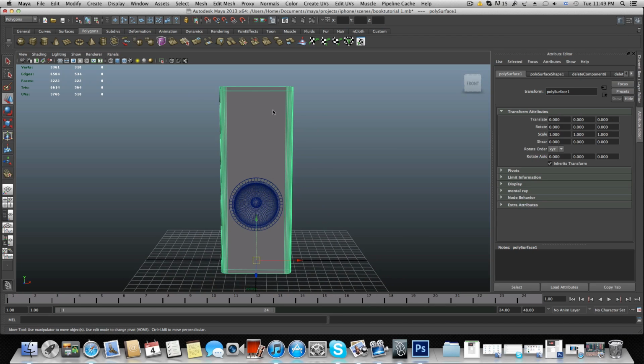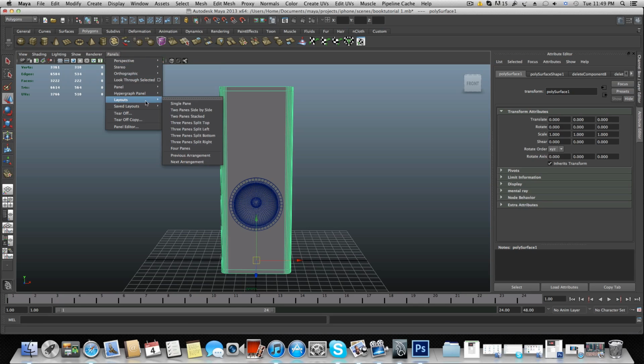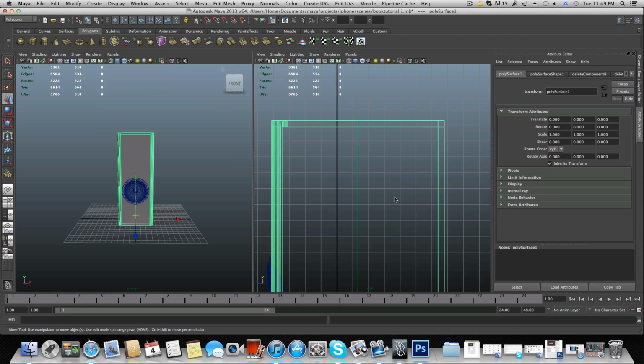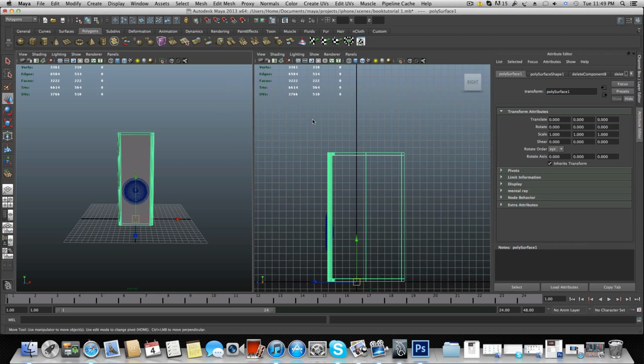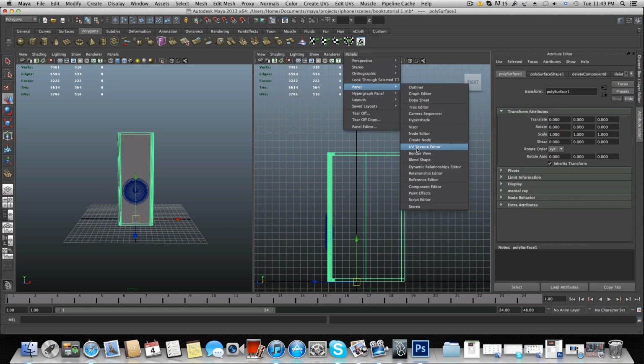So what we are going to do from here is go over panels first, choose layouts, and choose two panels side by side. Okay, so now you get two windows, and from these windows, at the panel tab, choose panel and UV